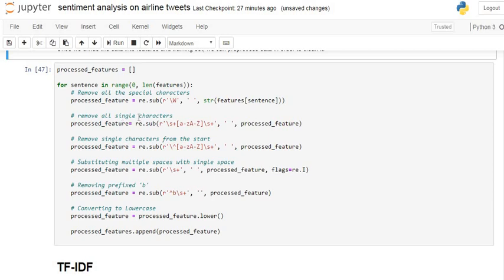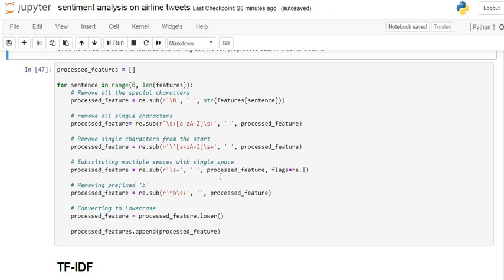After that, we remove all the single characters. For that we use this command and these arguments. After that, we remove all single characters from the start. Again, we use this code and these two arguments for removing single characters from our tweets.